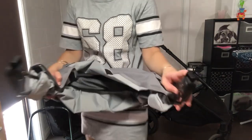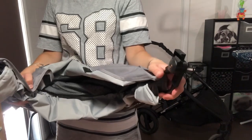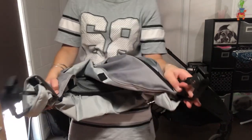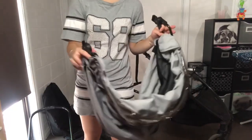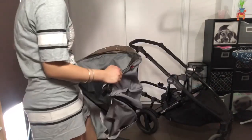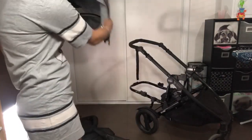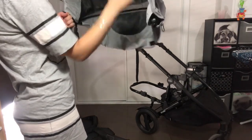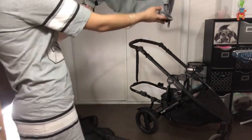Place this back on this side and put your screws somewhere safe, otherwise you'll lose them, and that way you know which way they go. To figure out what way the hood goes when you put it back on, you can always line it up with the seat frame to figure out which way it slides on. So it slides forwards when it goes on, so you want the plastic at the front, so it goes that way. The same with the other hood,